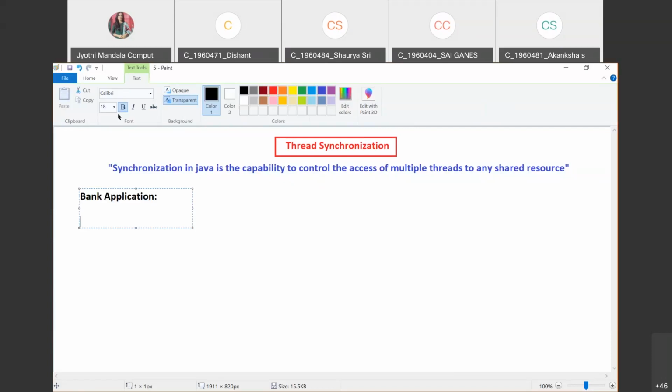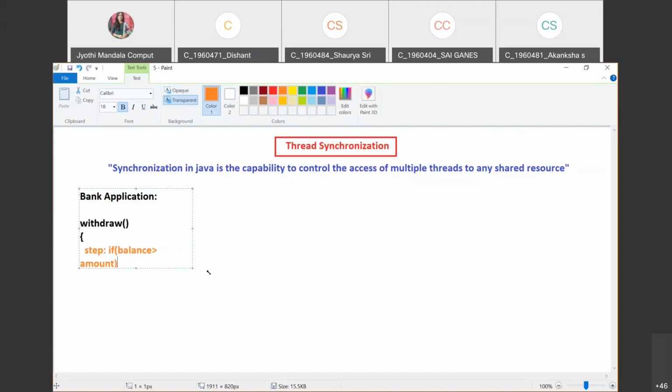So in a bank application we have a method called withdraw, and in this withdraw method we have two steps. What are the two steps? For our understanding, I'll write this as step 1: if the balance we have is greater than the withdraw amount, let us consider the amount is stored in a variable called amount.